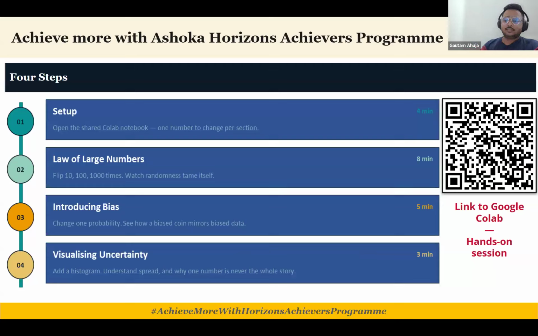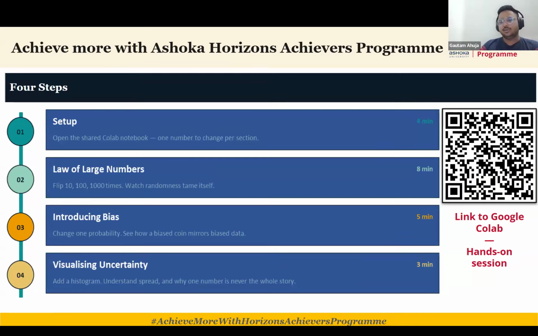Yes, so what I have actually done, for all of you to participate, is create a Google Colab notebook. And in that, I have already written a bunch of starting code. You don't need to actually know much for the coding. We'll only be changing a few lines and a few numbers that correspond to the number of trials. And then from there onwards, we'll run those code blocks and visualize how the results look. This is just to provide you a glimpse of how the rest of the material in this course would look like